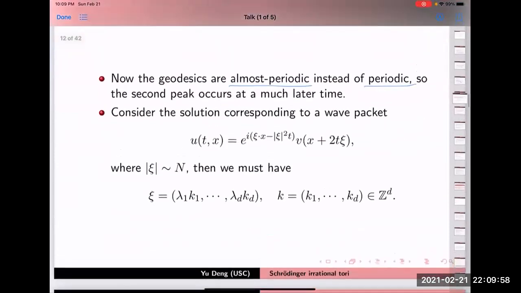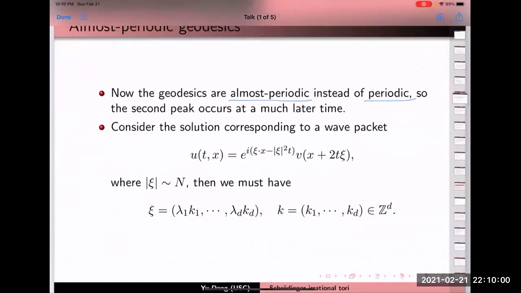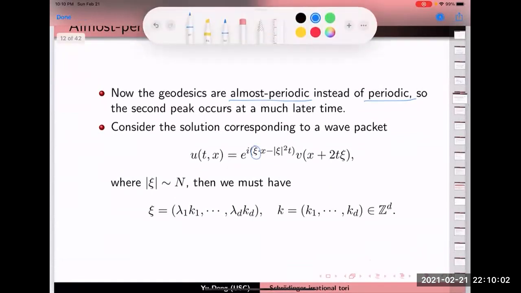Okay, again we look at the specific wave packets at frequency xi, and then it travels at the group velocity 2 xi, where xi has a frequency of size n. Now in the irrational case, xi equals (lambda 1 k1, ..., lambda d kd), where (k1, ..., kd) is an integer vector, and lambda 1, ..., lambda d are the parameters of the torus. So lambda j